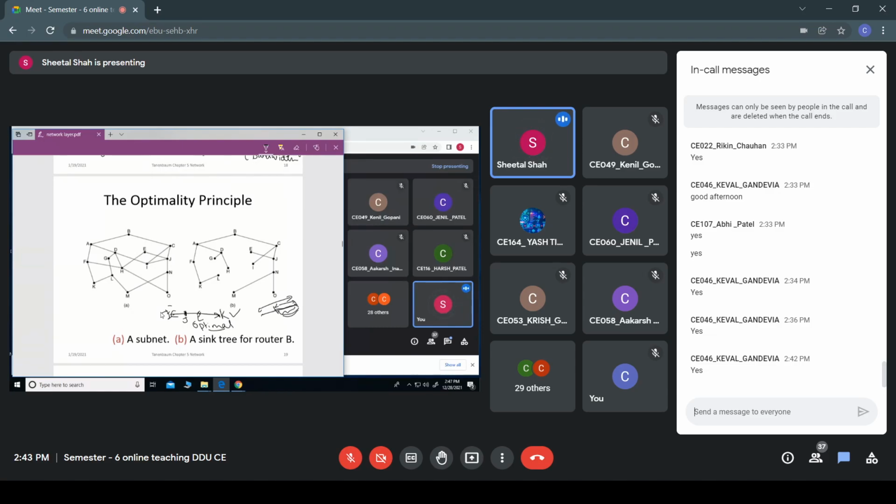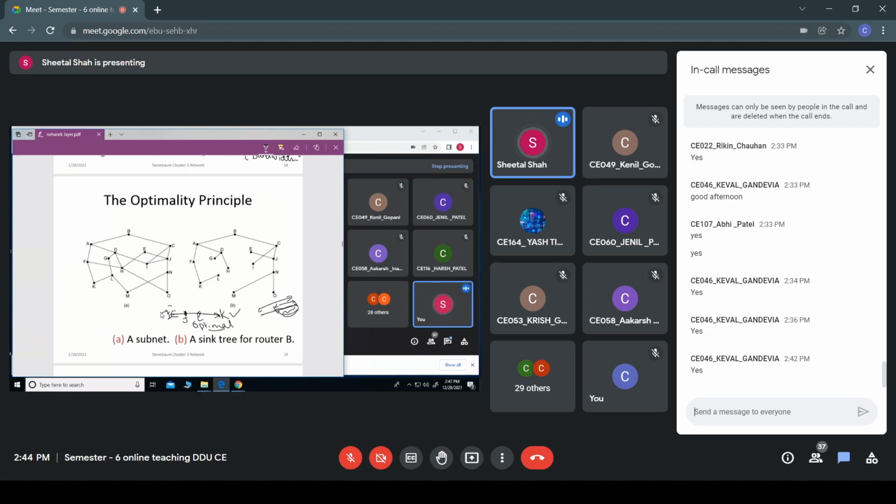Now for example, if I'm having this particular subnet which contains a number of routers, and these are the communication links, fine. So what happens if we consider the number of hops as a metric to find the optimal route?